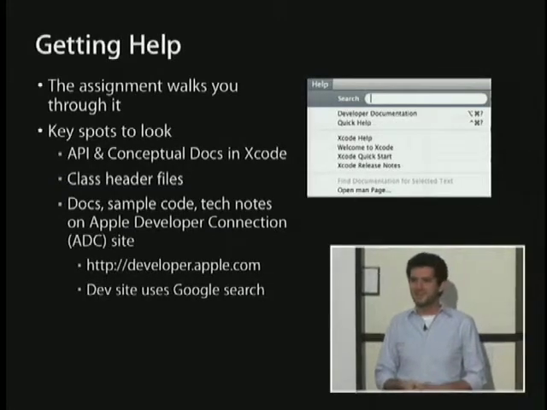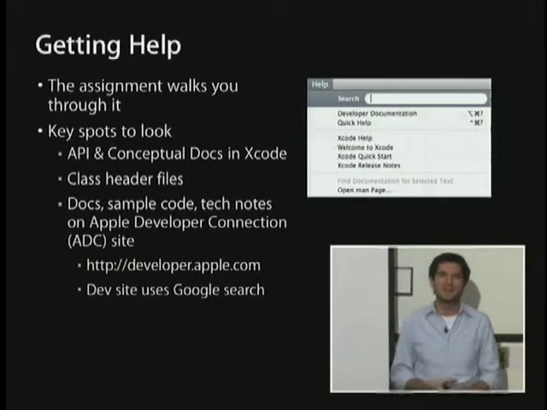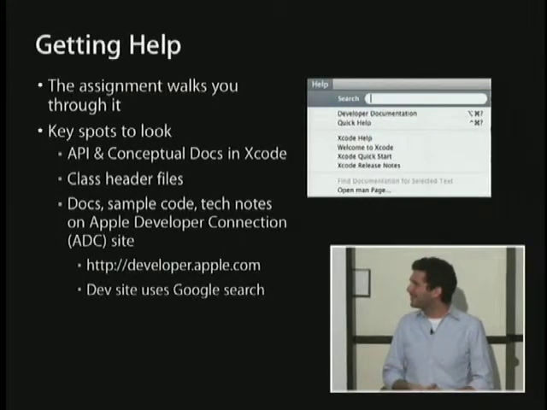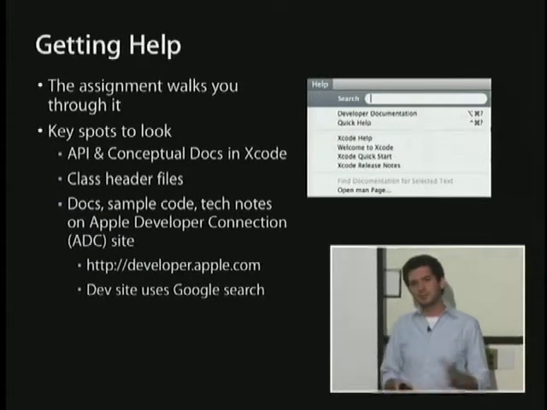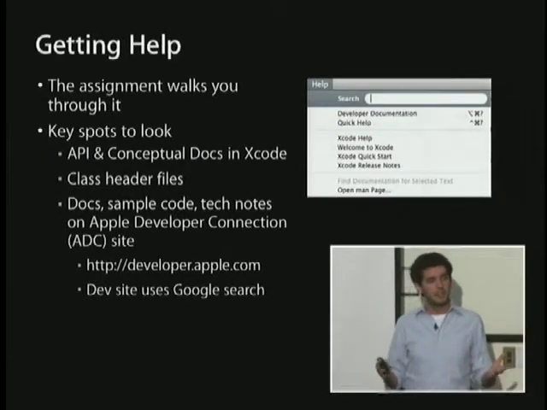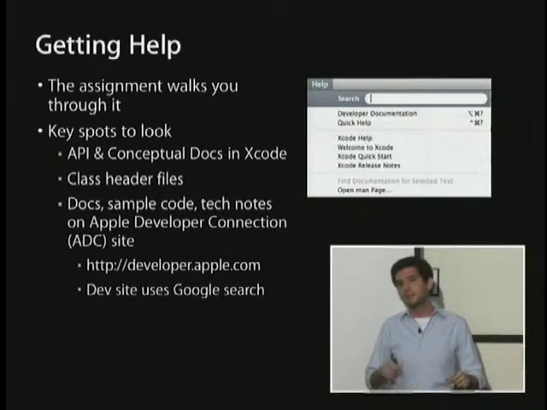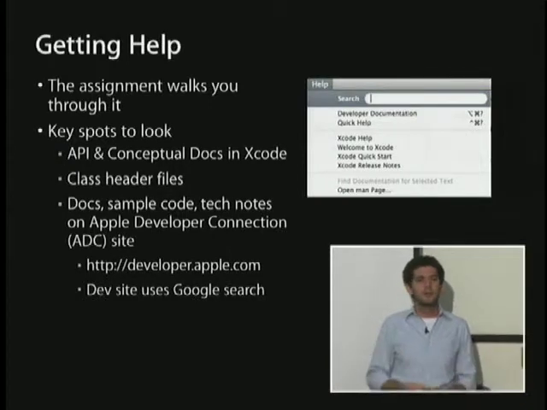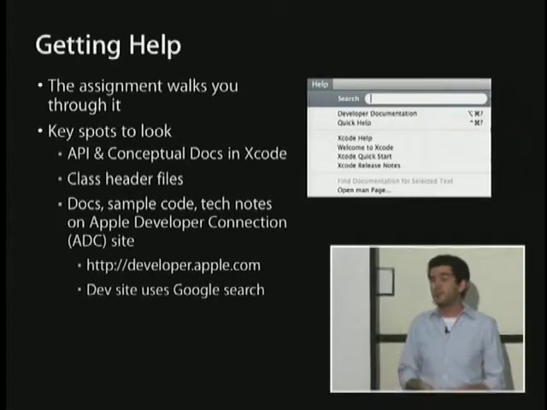They're a little bit less polished, but technically accurate. If you get to the headers, you can get some good information in there. There's actually a shortcut to get to that. If you have something you're working on in Xcode in a text editor, and you've got an API that you just want to get a little more information about, if you hold down the Command key and double-click on that API, it'll open up the header and take you right to the spot in the header for that particular API. And hopefully there'll be some comment from one of us in there.